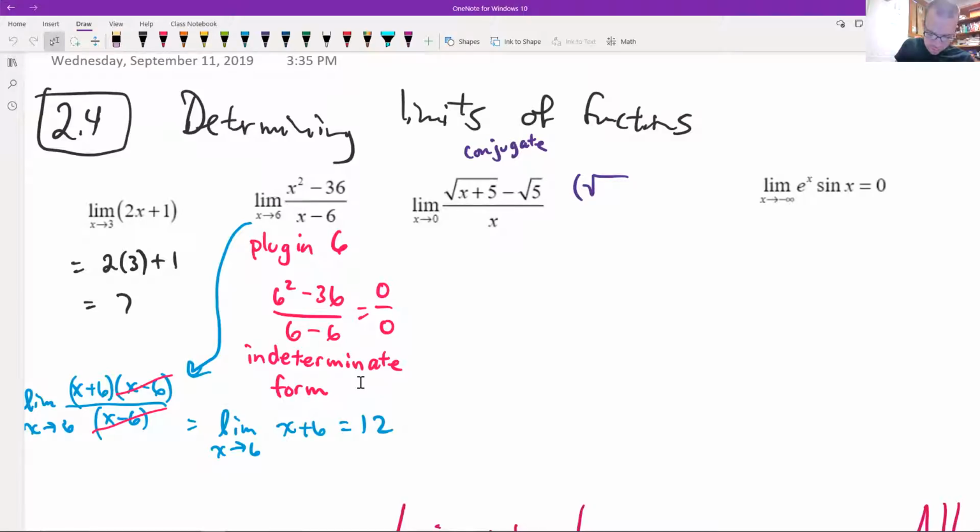So we need to pull some kind of algebraic trick off so that we can get this into a new form. All right, so the square root of x plus 5 plus the square root of 5 is the conjugate of this. And the idea is this is coming from the difference of squares factor pattern, so that the middle terms,